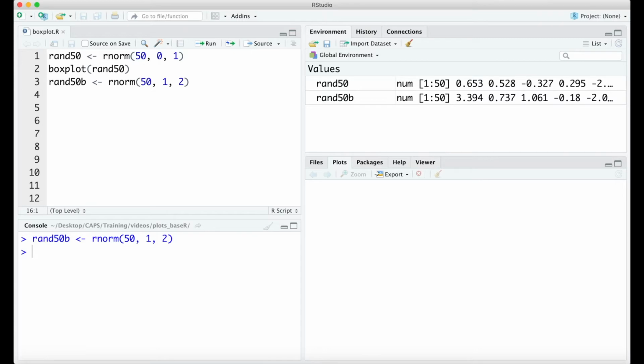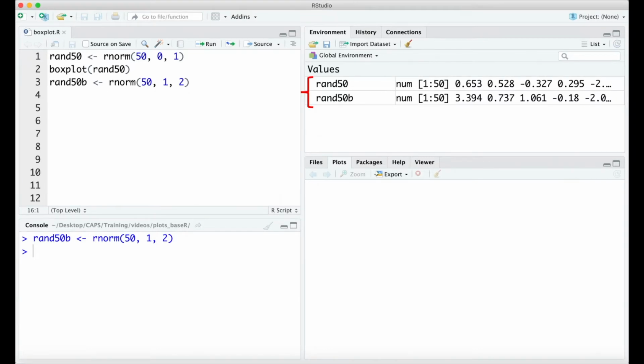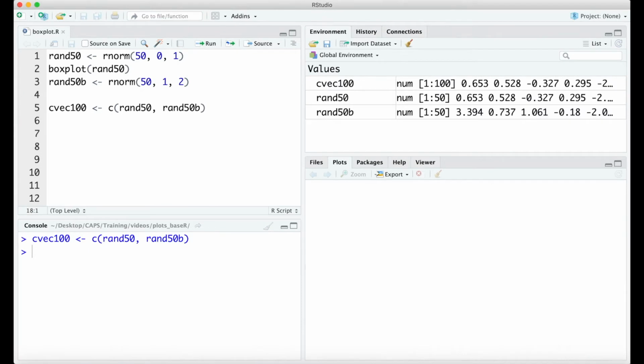Let's create a second set of random variables. We'll call it rand50b, and this one will have a mean of 1 and a standard deviation of 2. Now, we have two separate vectors, rand50 and rand50b, each of length 50. From here, there are several ways we can plot side-by-side box plots, one for each vector. The first is to pass a single set of numeric variables to the boxplot function. We'll first concatenate these two vectors together with the c function and assign the result, a vector of length 100,